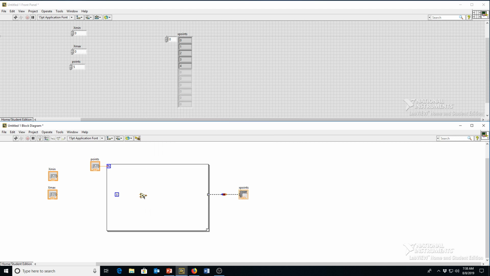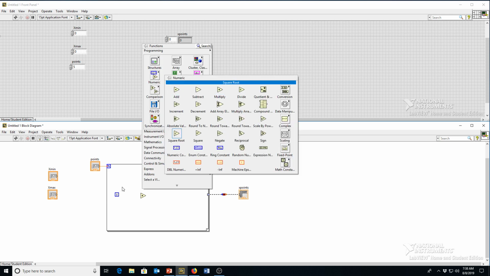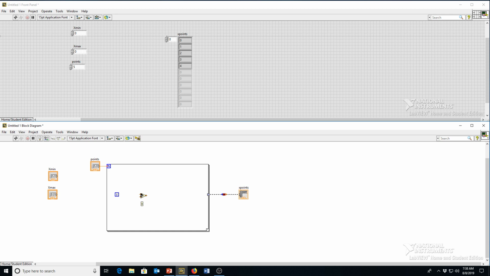So I'm just going to go to this numeric tab here, find the multiply function. You multiply the values of X and Y together and calculate the result. So there's your first number you want to multiply. I want to multiply this by 0.5. So I'm going to create a constant on that terminal. Make it